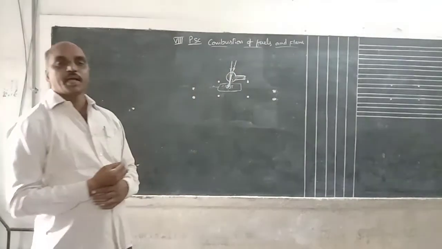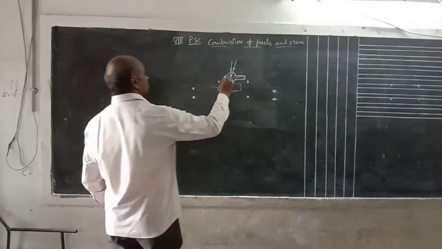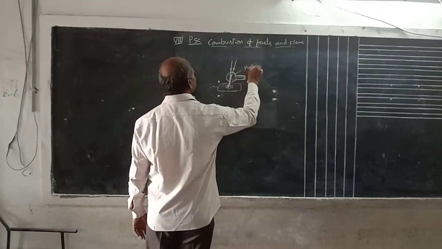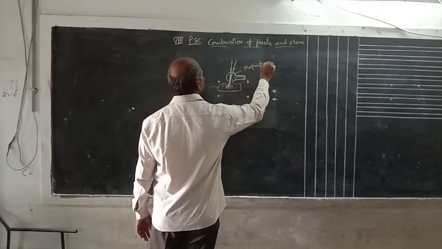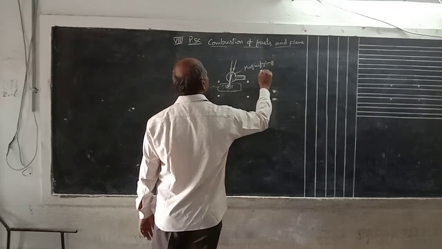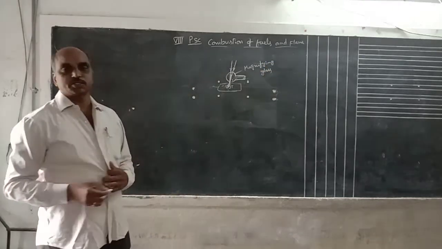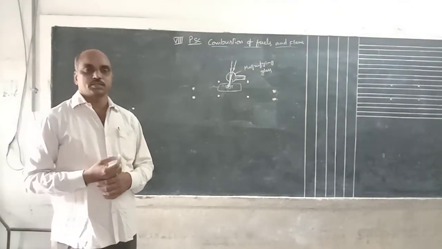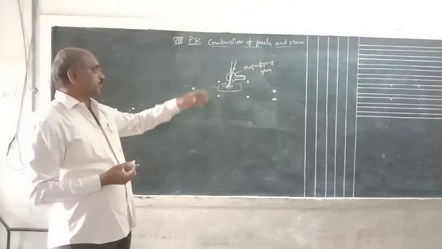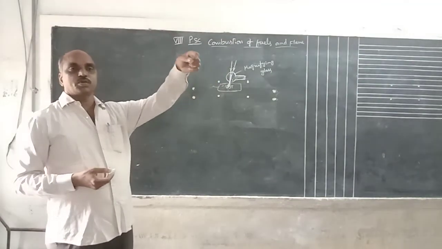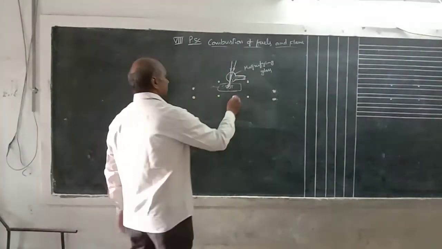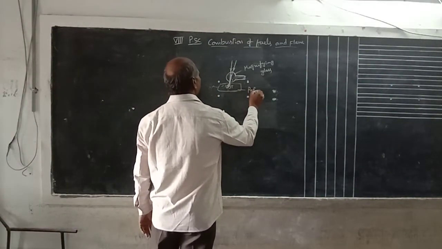Suppose we take a magnifying glass. This is the magnifying glass. Magnifying glass means convex lens. Take a small piece of magnifying glass and keep it over the paper. This is a paper, ordinary paper,